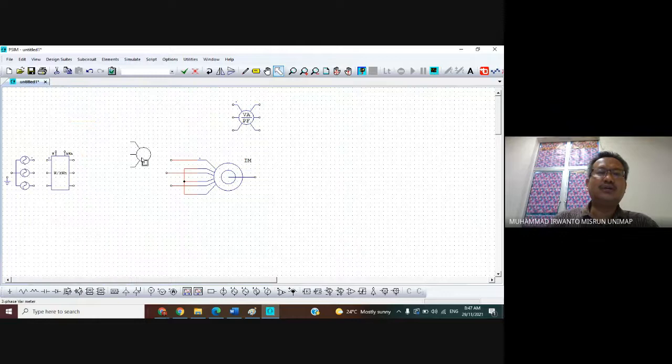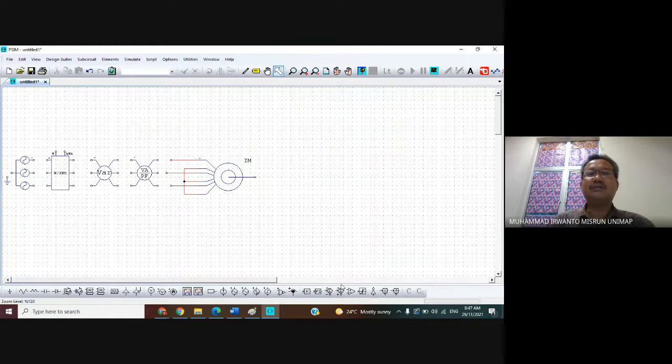Okay, and then put it here. Place it here, and then you connect. Connect. Okay, and when the electrical source is complete, the motor can run, and then we want to observe the mechanical load. Mechanical load. Okay, and here mechanical is converted to electrical.